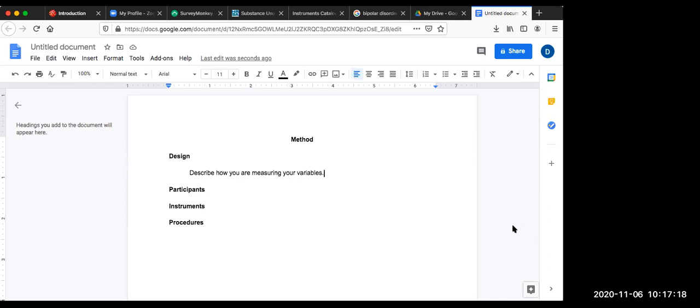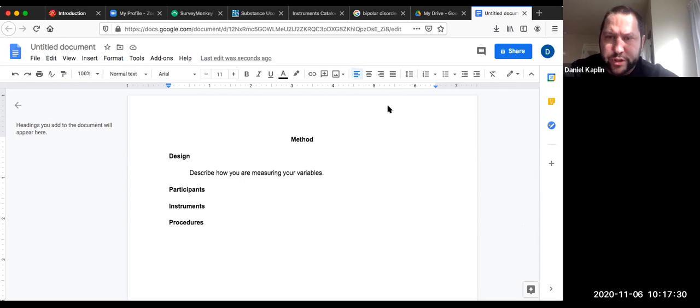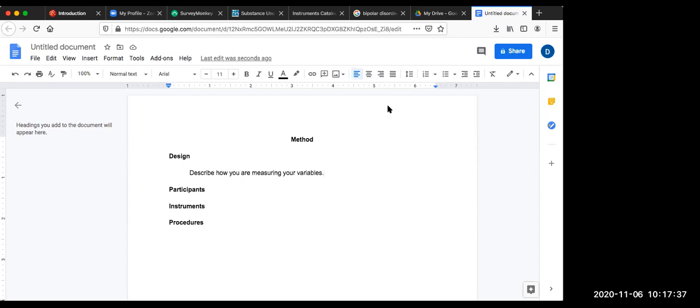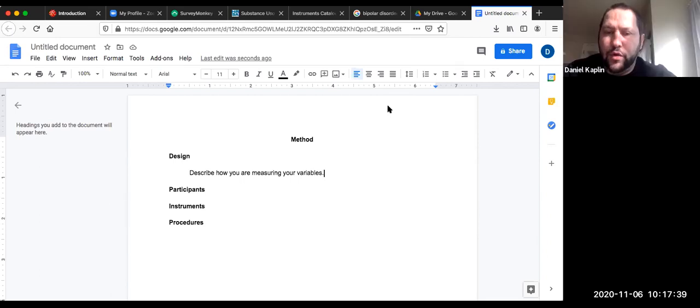We asked whether or not one could be affected by, would their sleep schedule be affected by COVID-19's quarantine? Okay, so you want to measure, what are you measuring? You're measuring sleep, right? So we're measuring sleep patterns. Sleep patterns, right? So how will you be measuring sleep patterns? If you have an instrument, you're going to want to say, actually, in this part, you're going to want to say